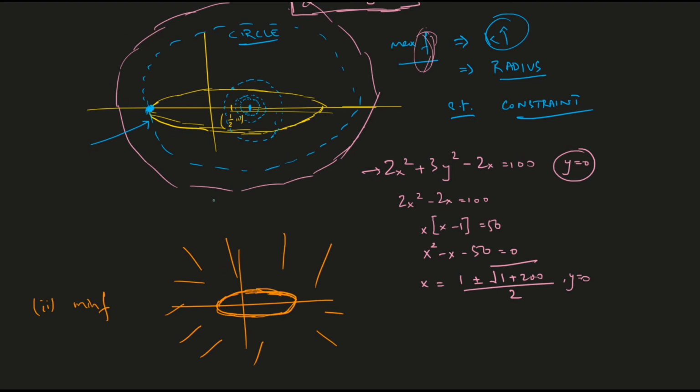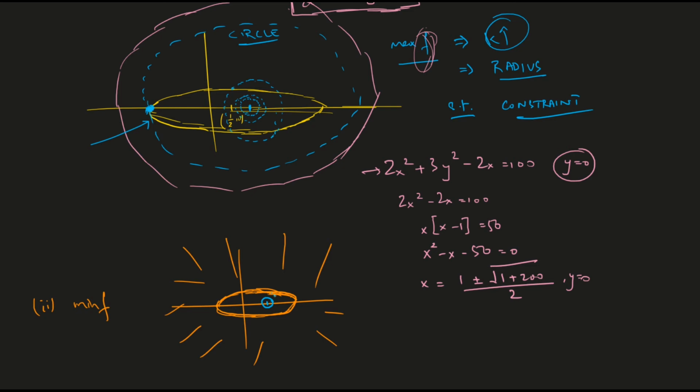Okay, so let's see what this means for the circle. So I cannot have a circle like this. Of course, for this value of k, my circle is very small, so my objective function's value would be very small. But I'm not allowed to pick any point inside the ellipse. I must choose a point that is on the boundary of the ellipse or outside the ellipse. And at the same time, I want to minimize the value of the function. So I want to minimize the radius of the circle.